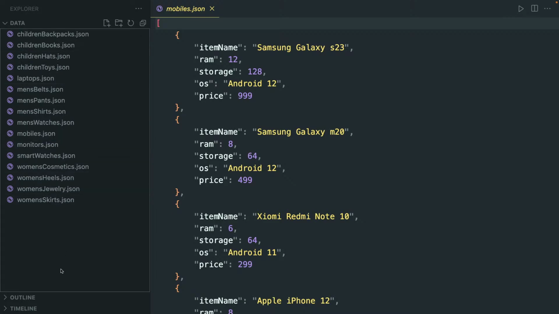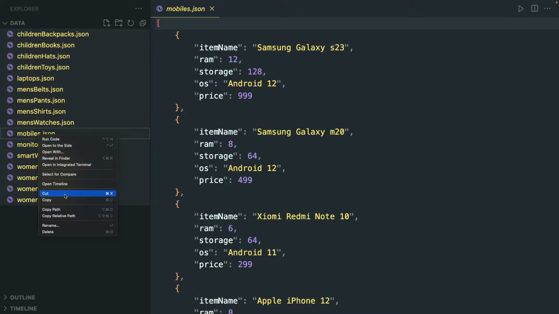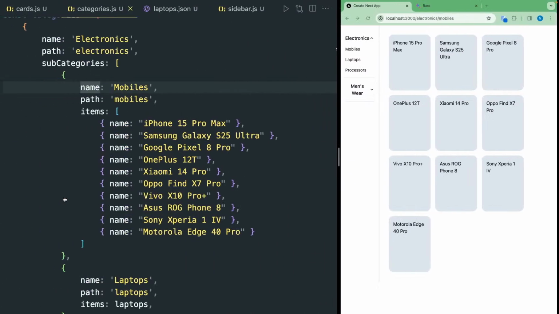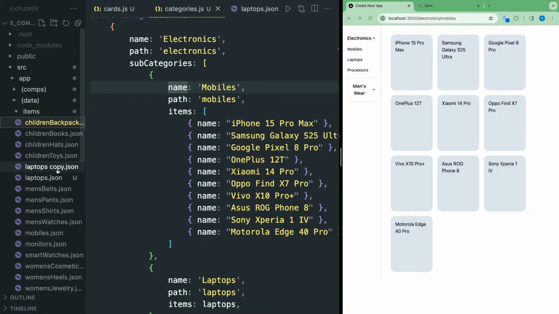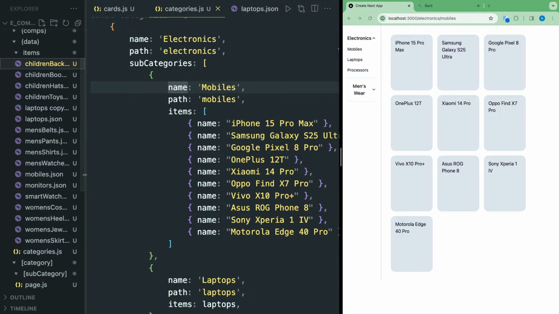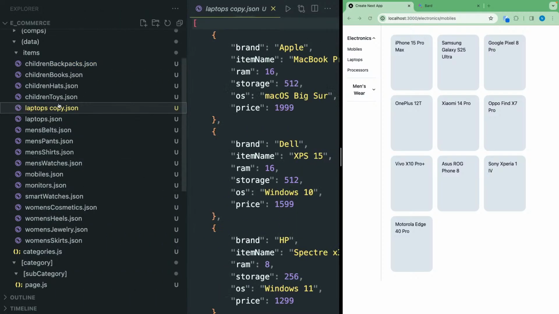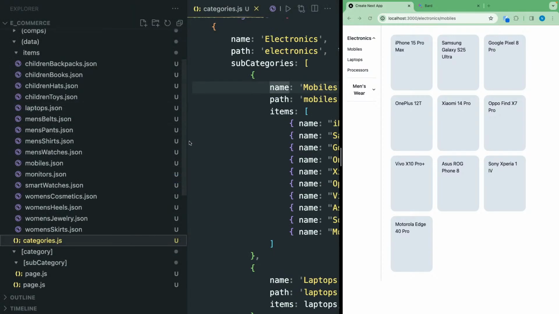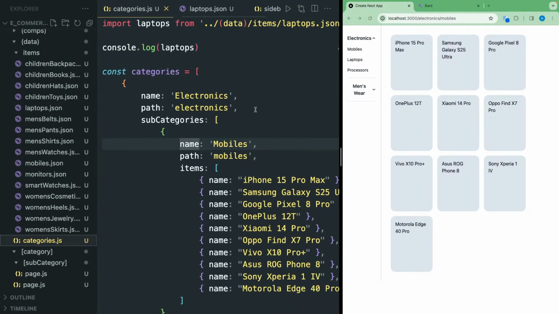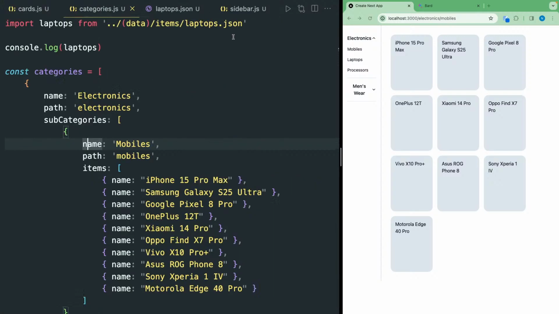Let me select all and copy all of these inside these items. Laptops copies created 2 times. This, and we have, let me